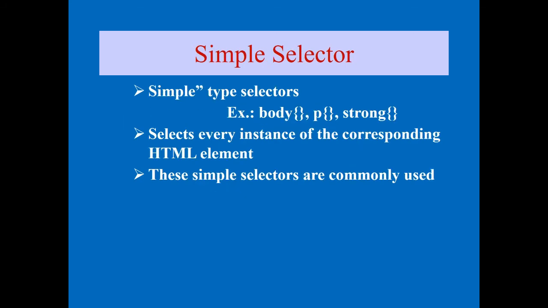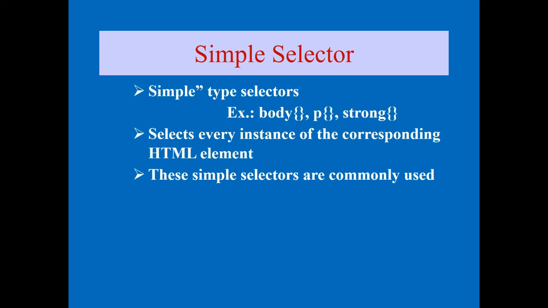Coming to the next, I told you up to this one, the contextual selector that was there in your book. There are 2 more. One is called the simple selector, another is called the universal selector. What is the meaning of the simple selector? Simple selectors means whatever HTML element is there, any element, you can put the properties on it. That's why for the simple type selector, we can see the example body.